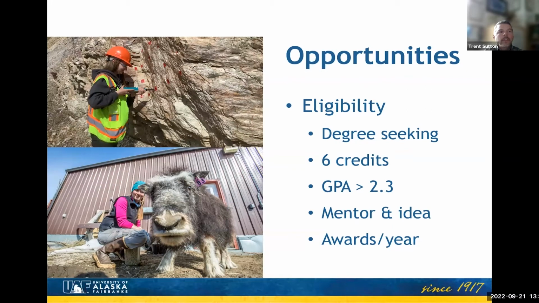And then the other eligibility criterion to keep in mind is the number of awards you can receive a year. We'll talk about some of the different types of awards in a minute, but most of our students get an award called project awards. That's a fall project award, a spring project award, or a summer project award. You can get one of those per academic year. And then we have travel awards as well, which are a little bit different. You can get one of those per academic year as well. So just something to keep in mind. Again, the idea here is to spread the wealth, to give as many students at UAF an opportunity to get some type of funding in support of their undergraduate research and creative scholarship.